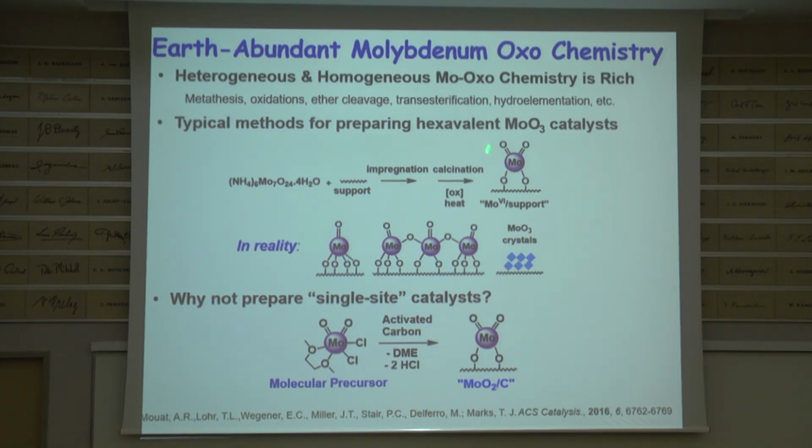And it's always drawn this way, but in reality, the more and more people look, there are all sorts of oligomeric species, crystalline species. So what we wondered is, could we use a molecular precursor just the way we did with the group 4 organometallics and really try to dial in and make species like this? And for a variety of reasons, including it's sort of a hot area in heterogeneous catalysis, we decided to use